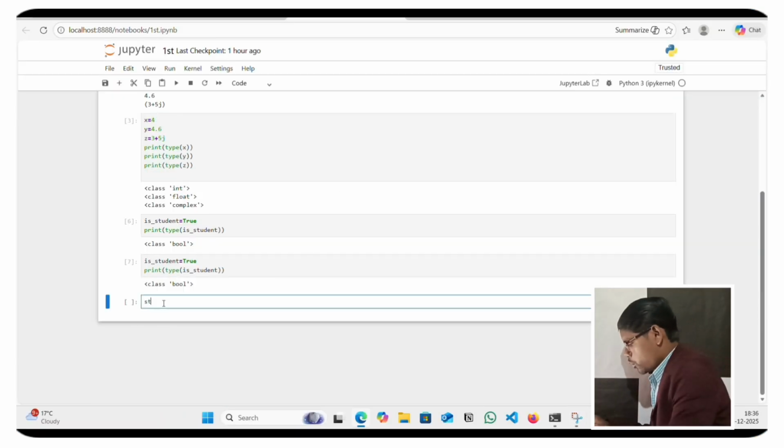Student contains name Vishal, and contains id one.